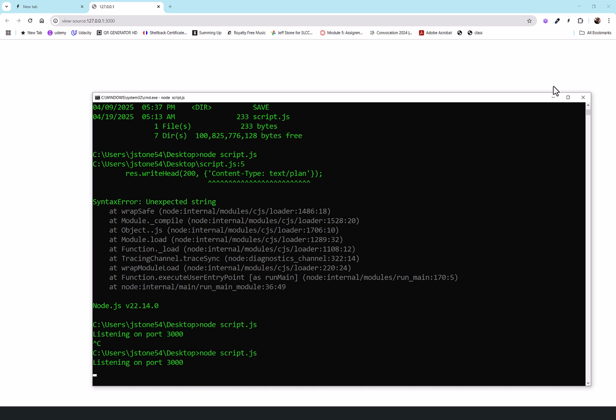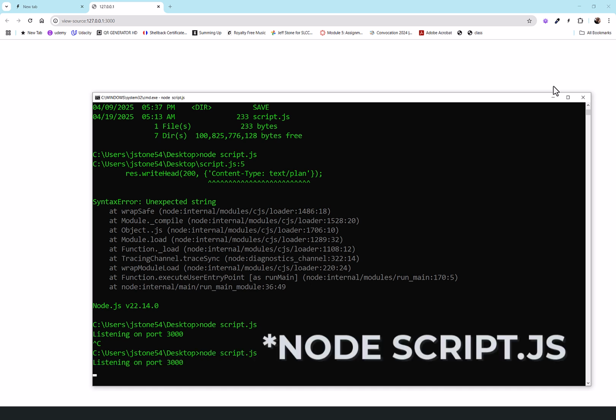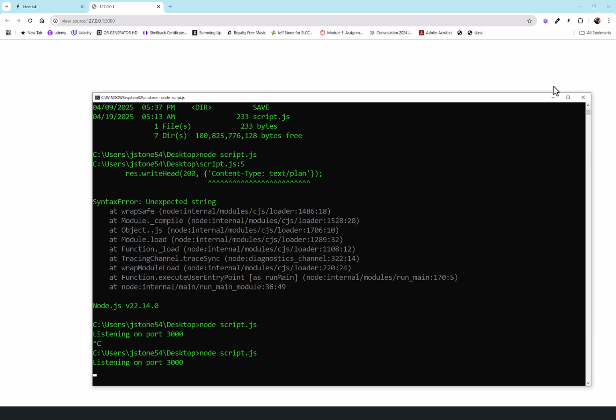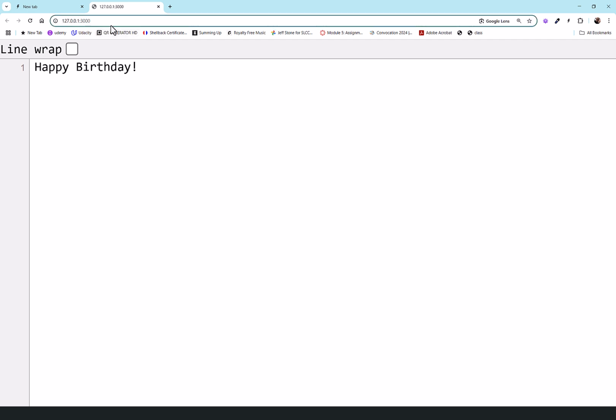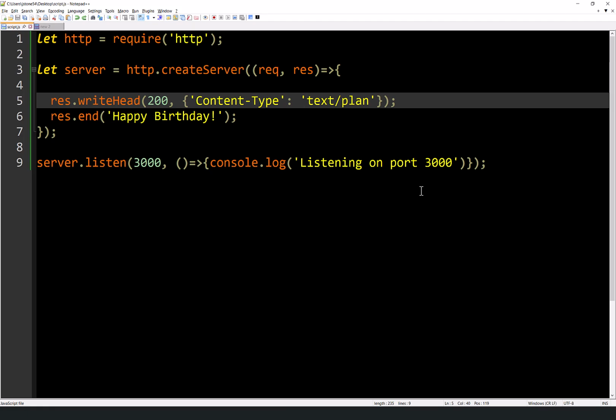Go back and say Node.js. While you're building your application here locally on your computer, you want to keep that running at all times so you can test your code. So go back and refresh and we're back to this again, right? And I'm actually looking at the code version of it. There we go.